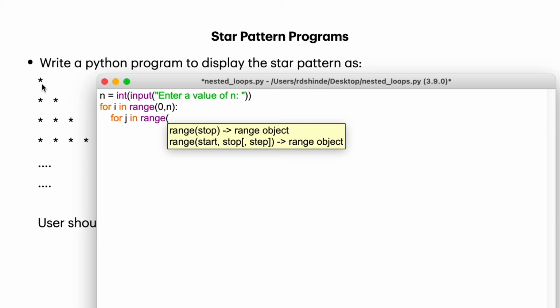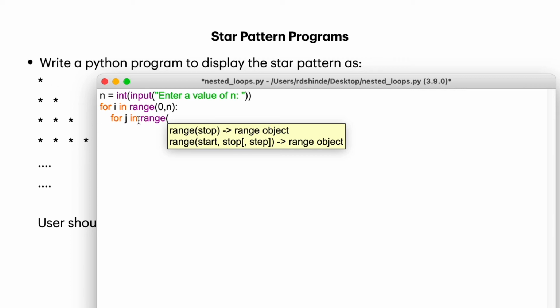If you look at the figure, in the first row we have a single star, in the second row we have two stars, in the third row we have three stars. That means if we number our rows, the number of stars inside that row will be the same as the number of that row.